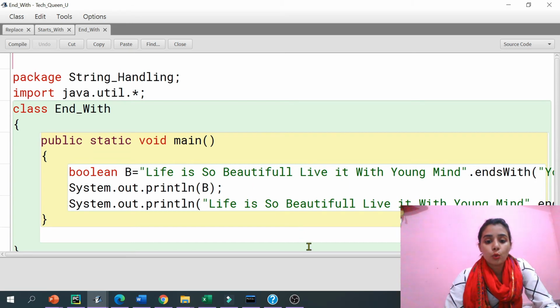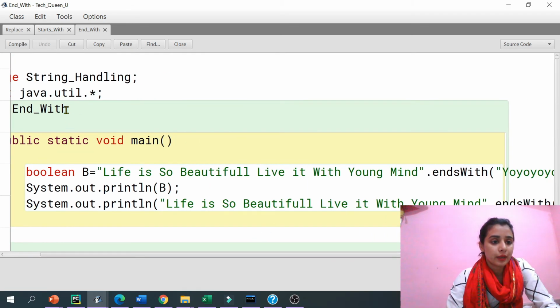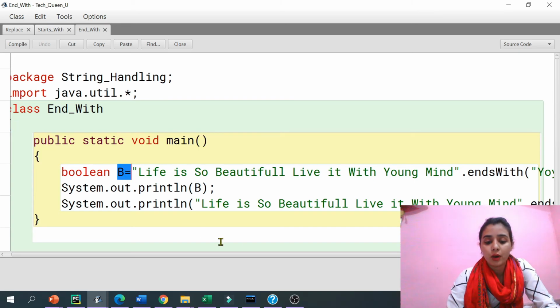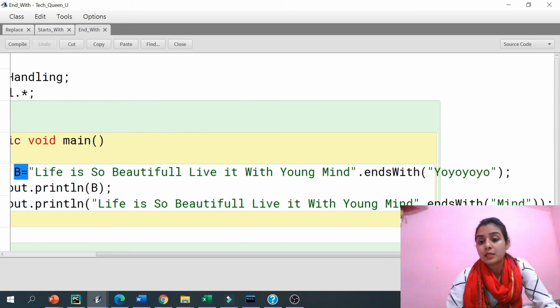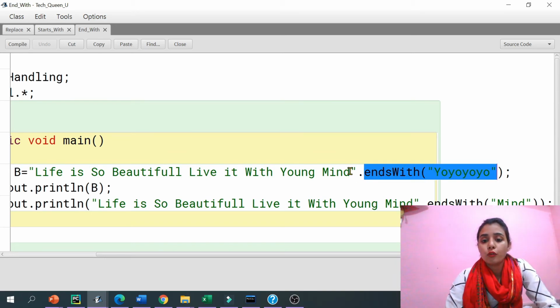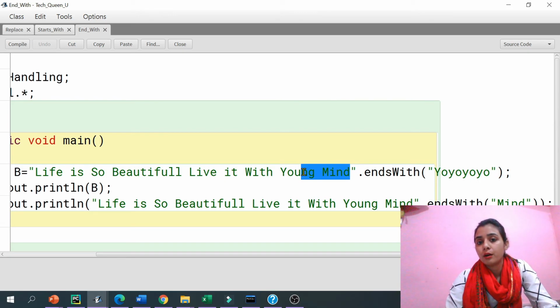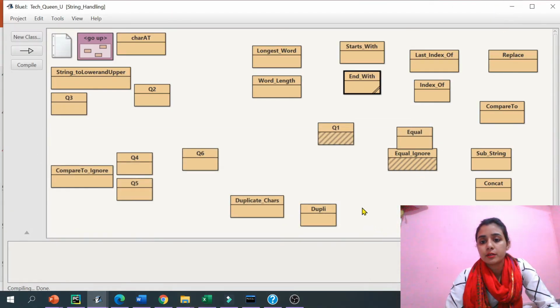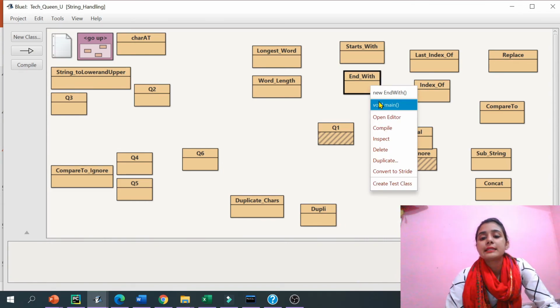Now the endsWith class. This is my endsWith class, this is my main function, and here the boolean b. Why? Because it will return the result either true or false. If I'm asking whether my string ends with yo-yo, obviously we will find false. And if I'm asking whether my string ends with "mind", then I will find false and true.